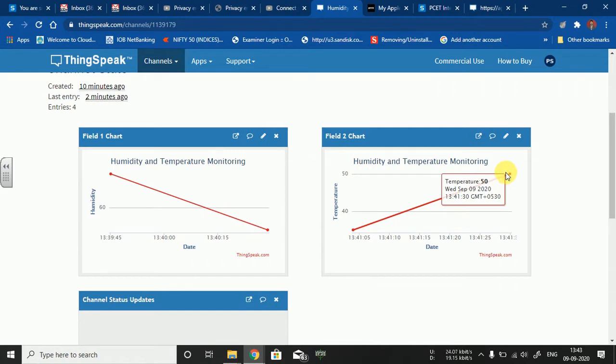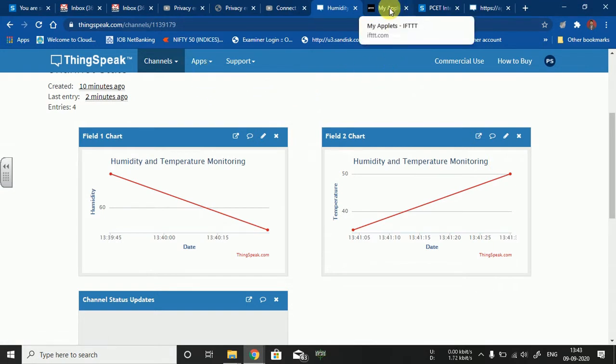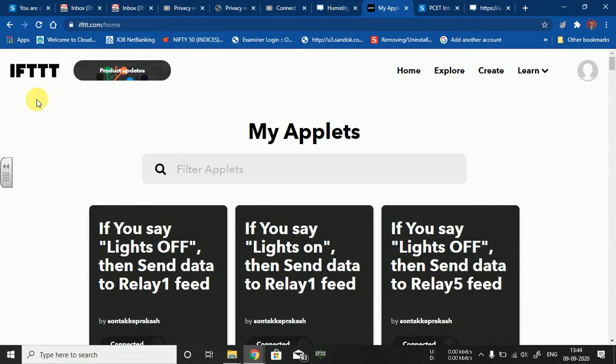So how can you do that? What we are interested in here is the cloud IFTTT. IFTTT stands for if this then that. Here you need to create your own credential on this platform, and once you log on, you need to create different applets, so that the applets can run in real time, you get the values, and you take decisions with the help of this IFTTT cloud.